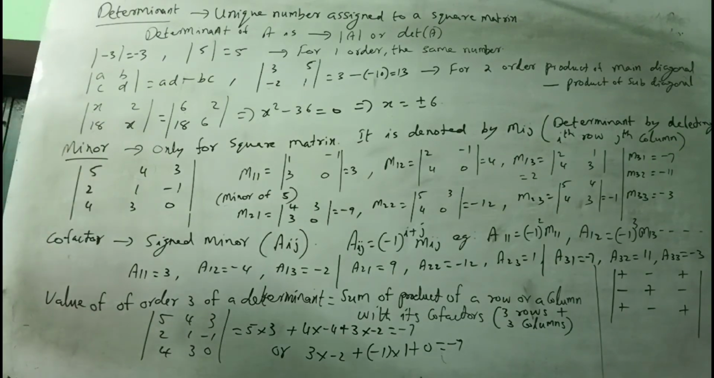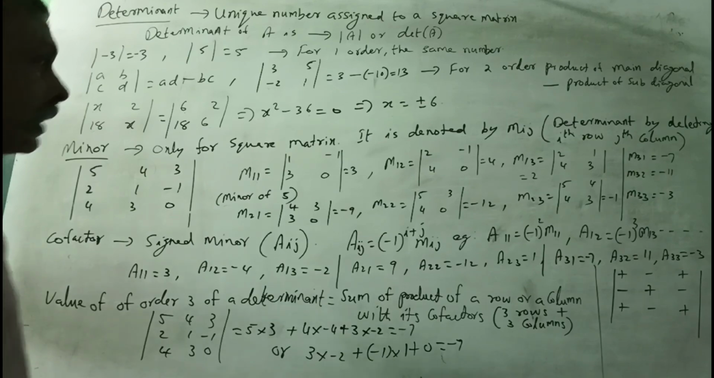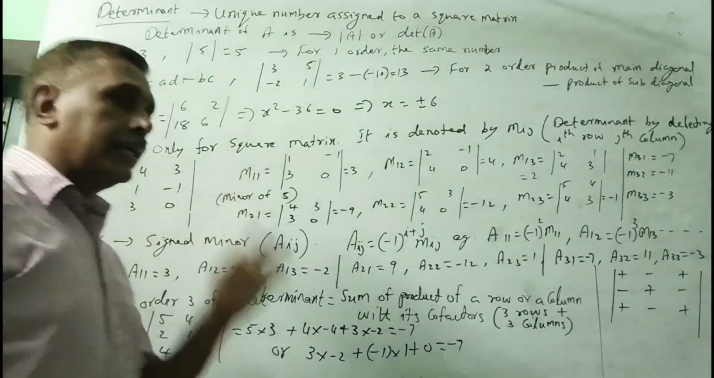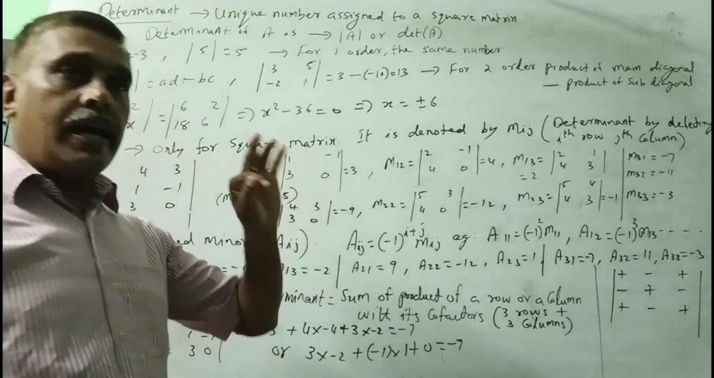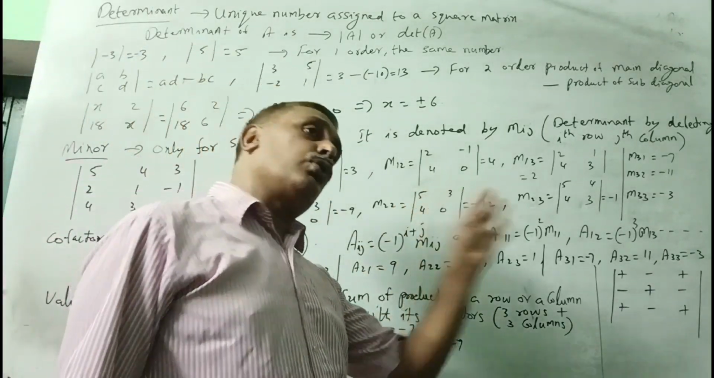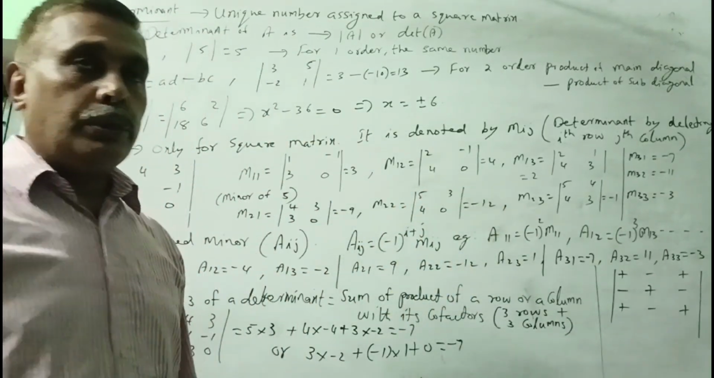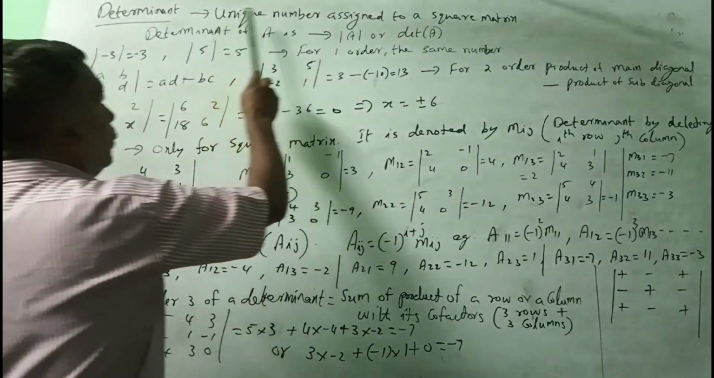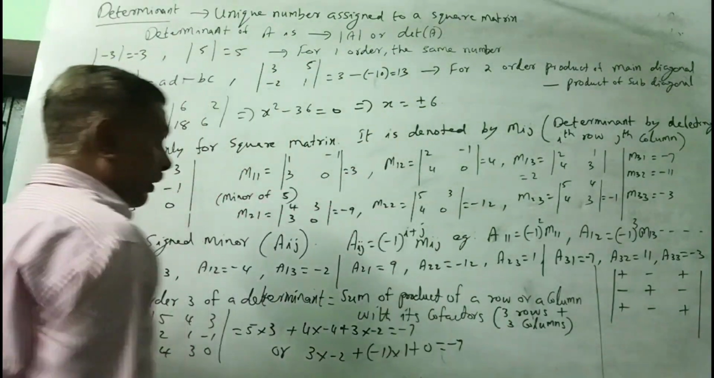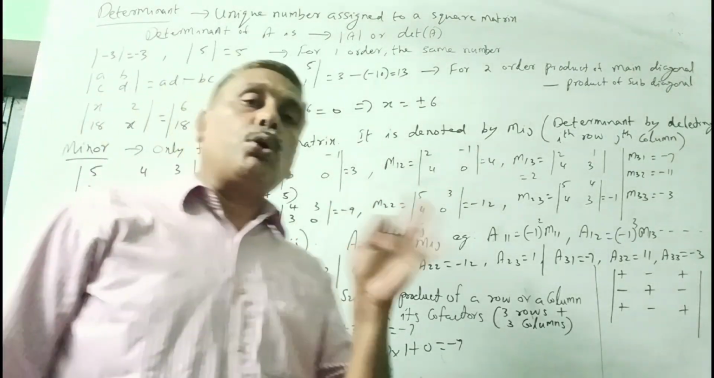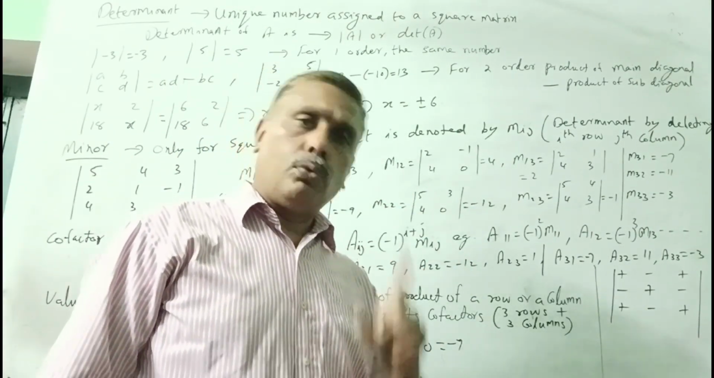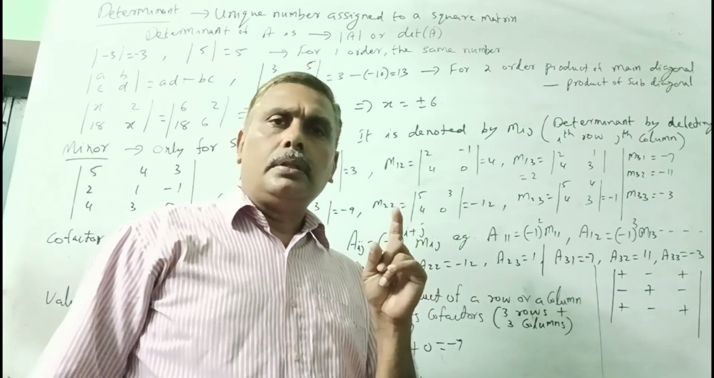So, determinant. It is the continuation of matrix. What is a determinant? It's a number which you can assign to a square matrix. So it is defined only for a square matrix, and that is why it is written that it's a unique number assigned to a square matrix. Every square matrix can be assigned a unique number, only one number, 2, 5,